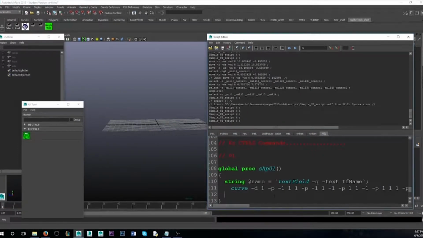Now that that's finished, I'm going to rename my curve. And I'm going to name it whatever is inside here, because that's what's in the text field. Plus